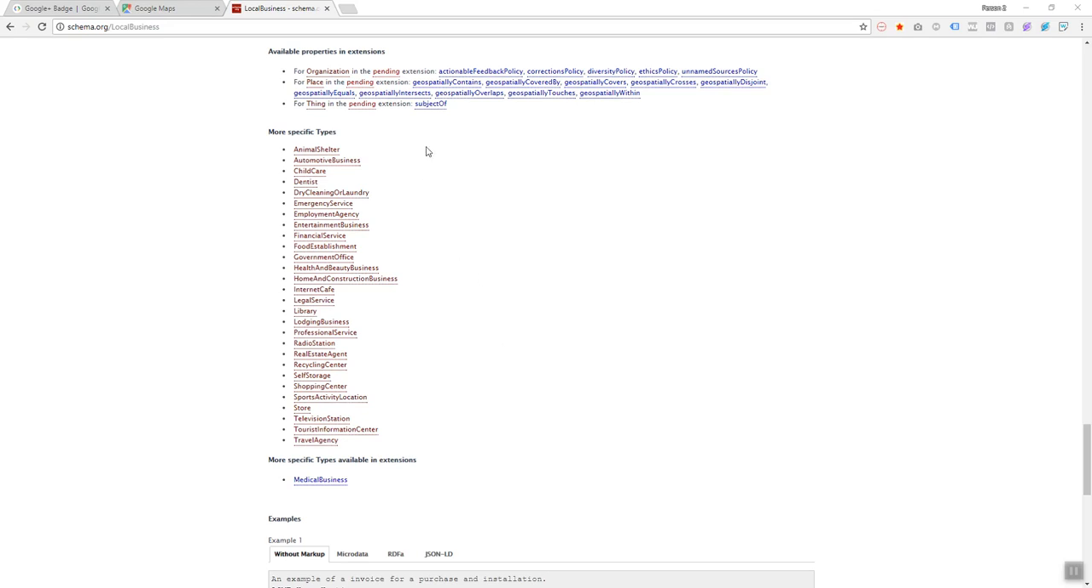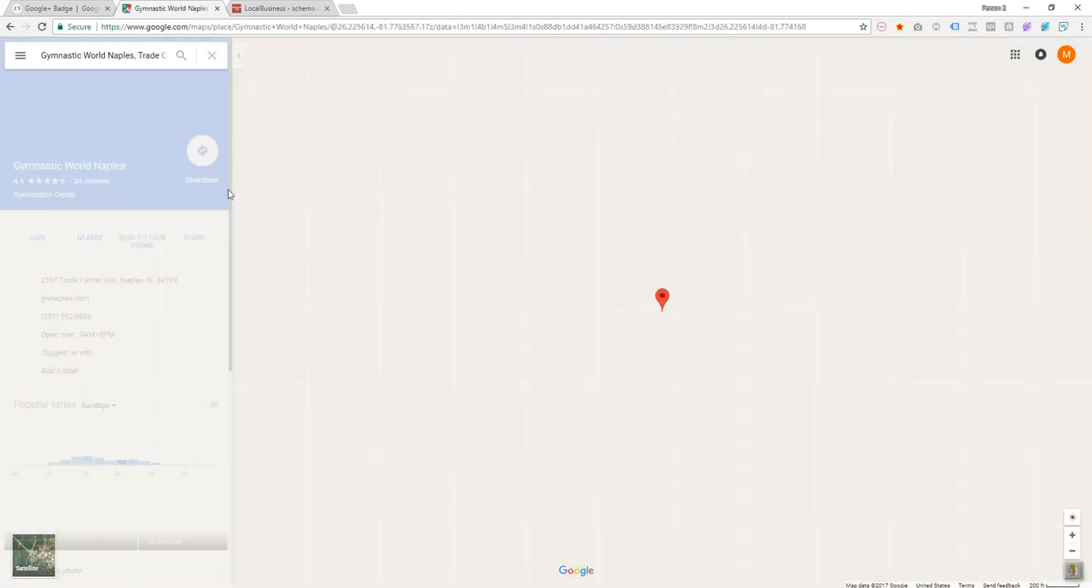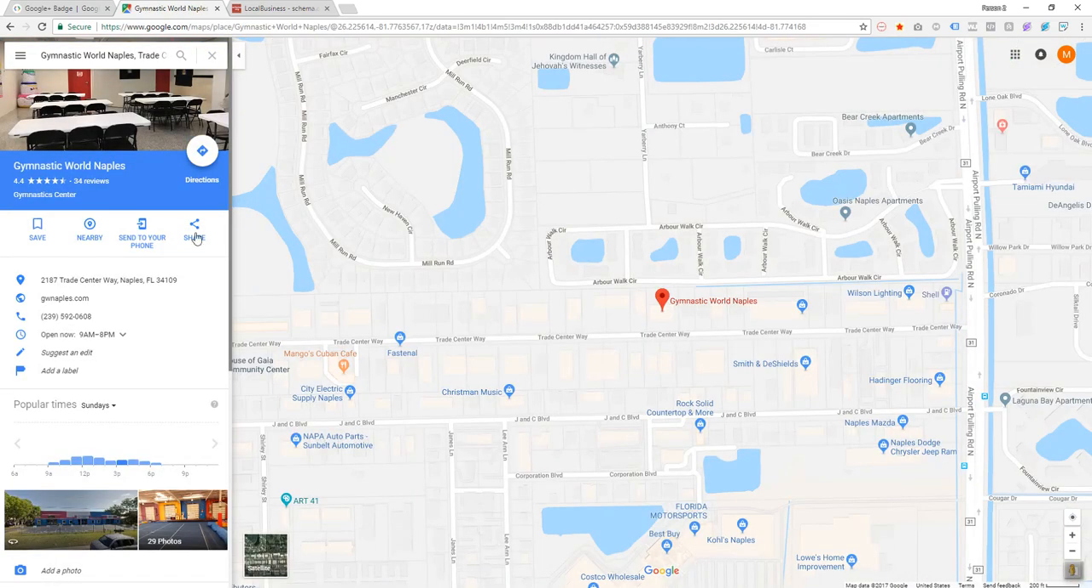Now, the next thing that's really important as well is an embedded map of the business. I see a lot of marketers that know this but tend to forget this, okay? So all you need to do is just go to Google Maps and type in the name of the business that you're working on, and you just click the business name, and as one of the options here, there's a